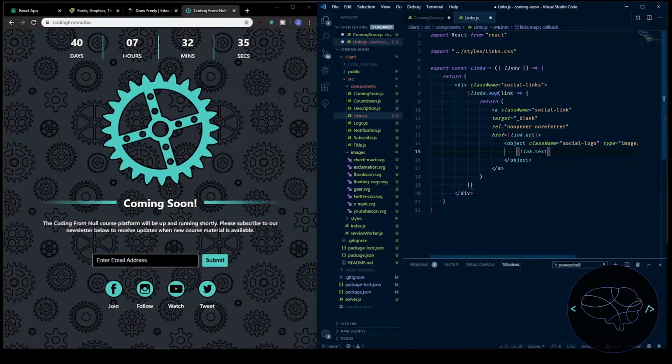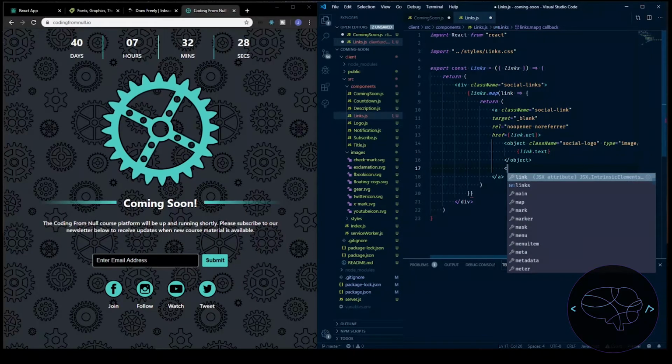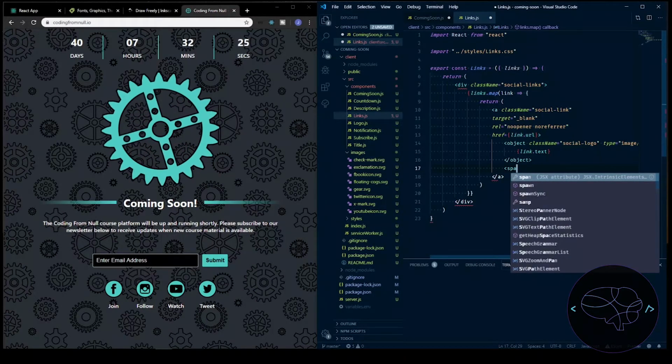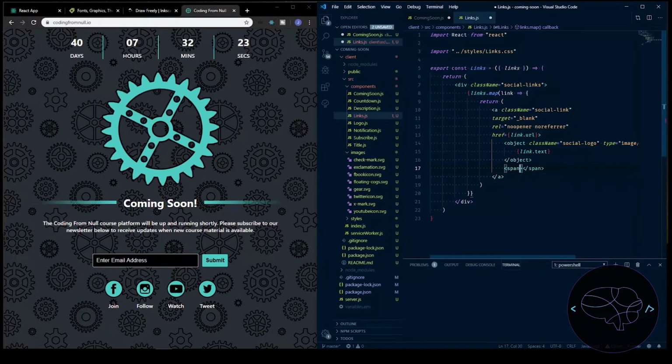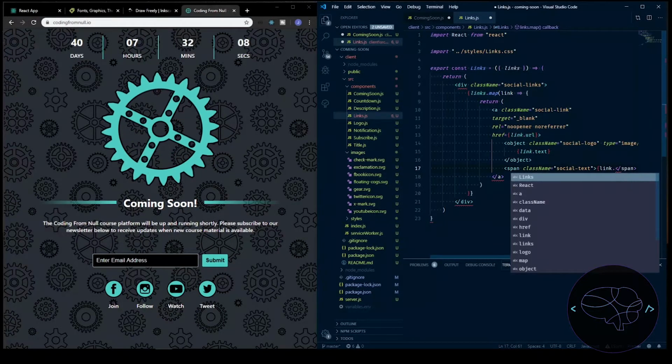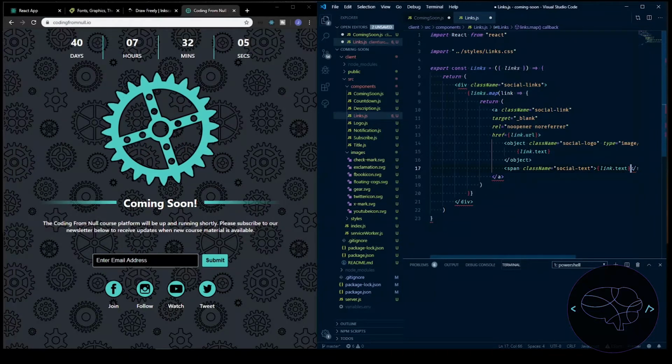And now the last thing we want is to have that either join, follow, watch, or tweet at the bottom. So we'll say span, and this will be a class name of social text. And inside will also be link.text. So I have something going on here of either